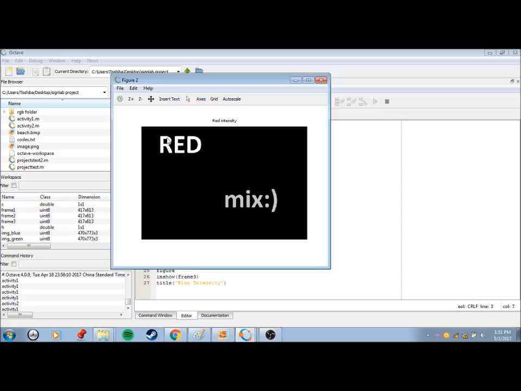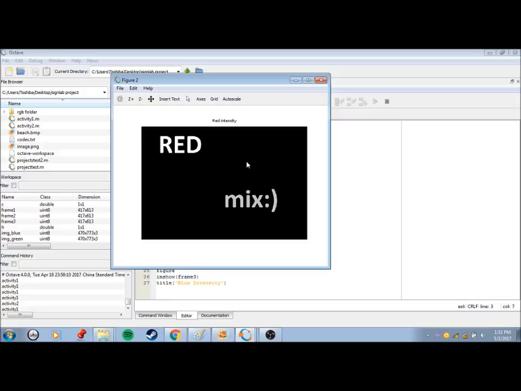Higher value tends to light up more, and you can see the intensity more easily. We put a value of 255 on red, and it really lighted up. The blue and the green are not present since not a single value of red was put into the blue and the green.